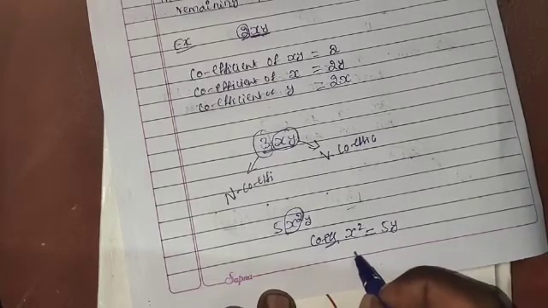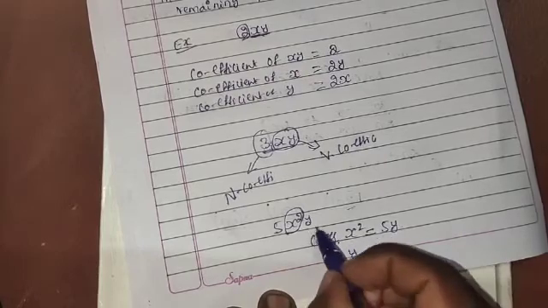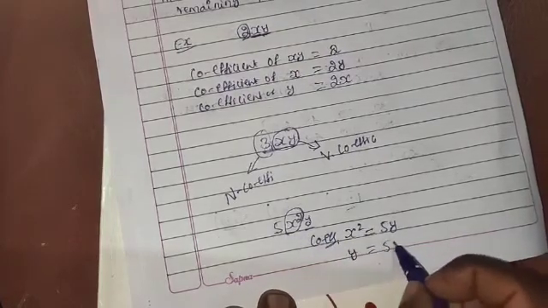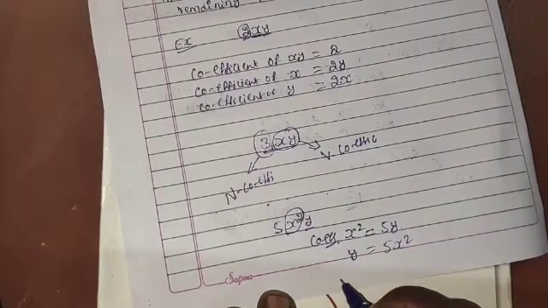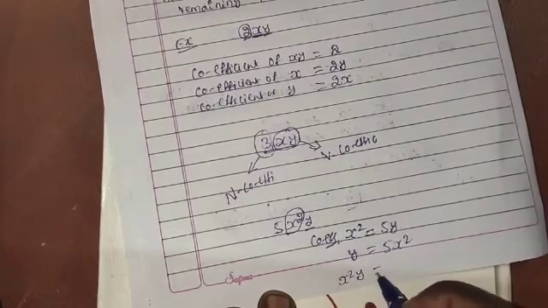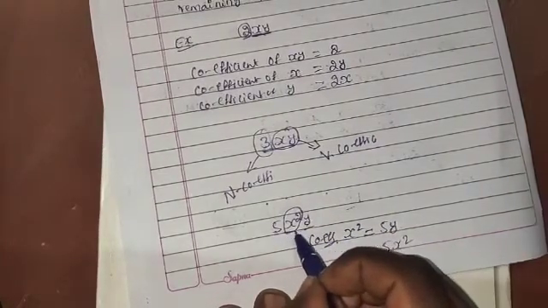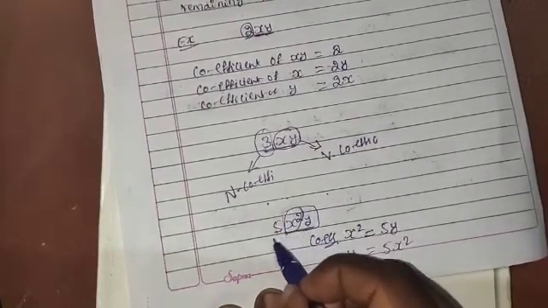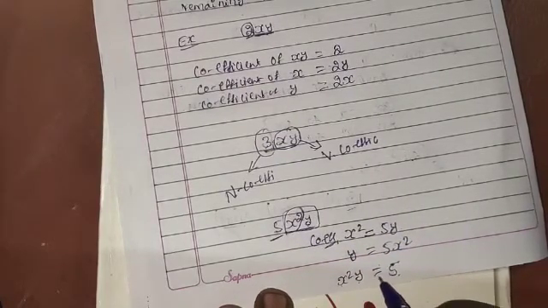Now we have to find out the coefficient of y. Except y, the remaining factor is 5x square. 5x square is the coefficient of y. Now the coefficient of x square y: except x square y, the remaining factor is 5, so 5 is the coefficient of x square y. This is the concept of coefficient.